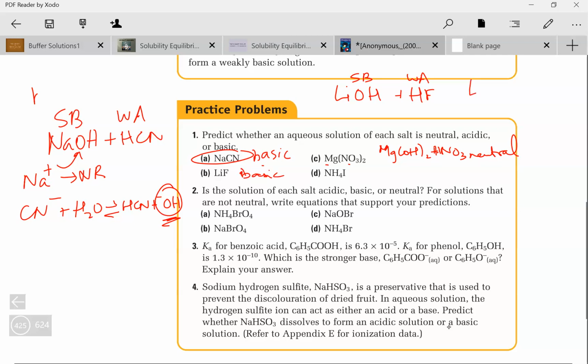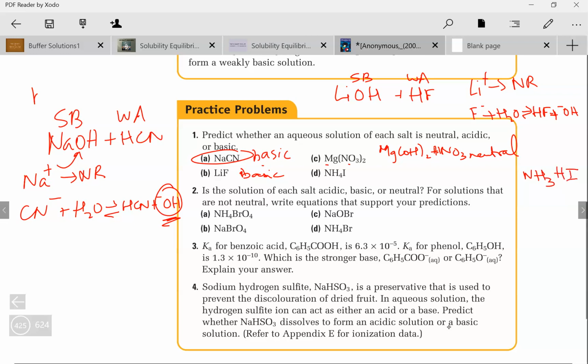Because again, you can split that into lithium and fluoride ions. This is going to give you no reaction. This is going to react with water to give you a little bit of OH minus ions, which makes it basic. NH4I can be split into, again, it comes from ammonia